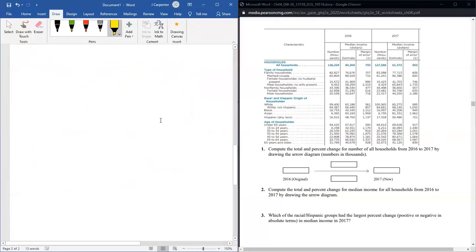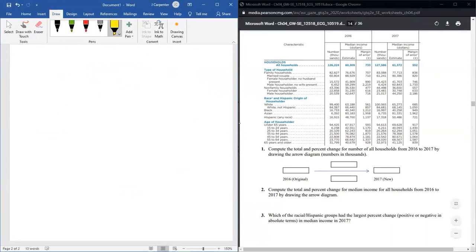Just go down to here. Compute the total and percent change for the number of all households from 2016 to 2017 by drawing the arrow diagram below. So all four of these are blank. These numbers are in thousands. I don't have time for you to super analyze this, but you would have to pick up overall